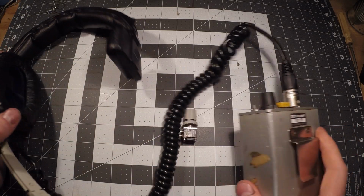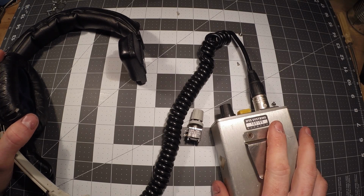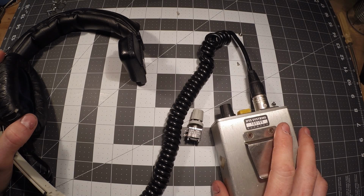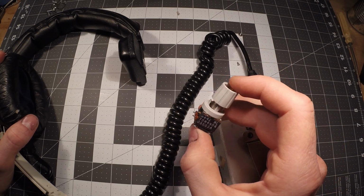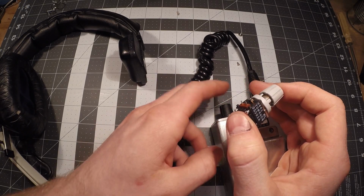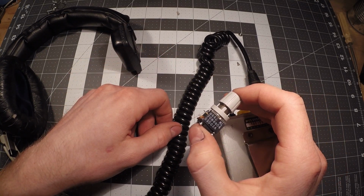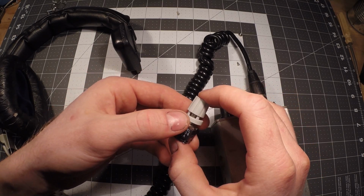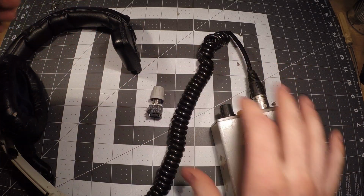So that's essentially the problem with these older belt packs: they start to go bad after a while, and then they're still usable. Sometimes you lose the volume control altogether, and this actually was taken out of another unit that I'm working on right now. I'm actually going to be in the process of replacing all of the volume controls in a dozen belt packs. So anyway, getting to the point,